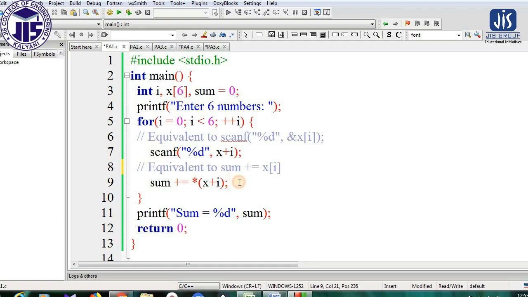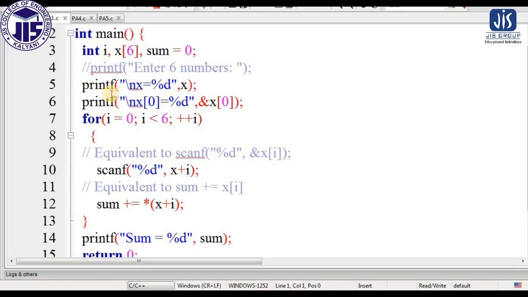So as you see, here you see how we are representing the array. Similarly here we are just using the array name to represent the base address of the array.